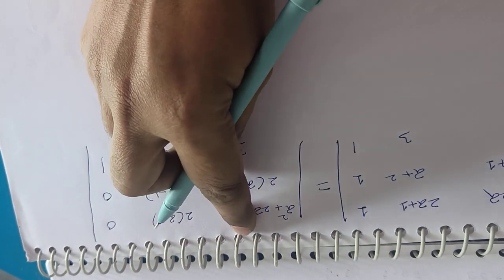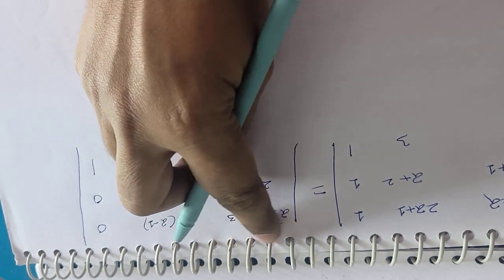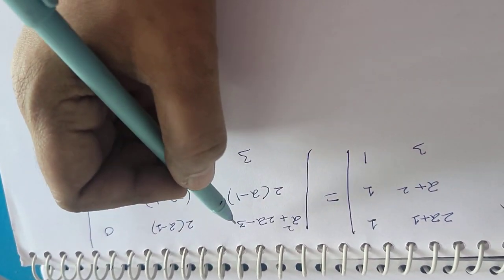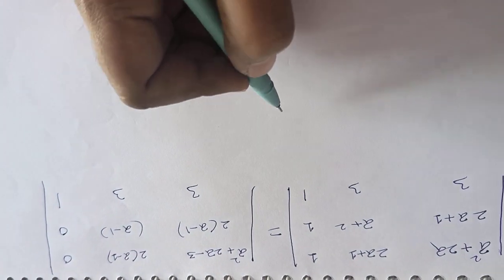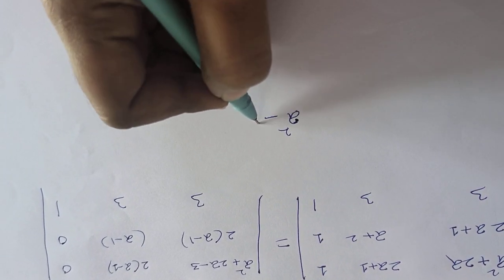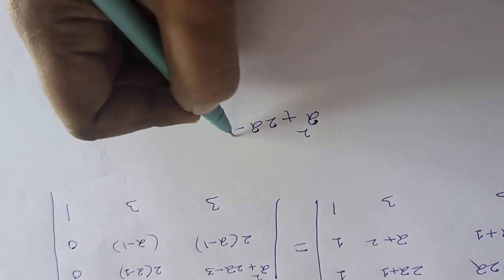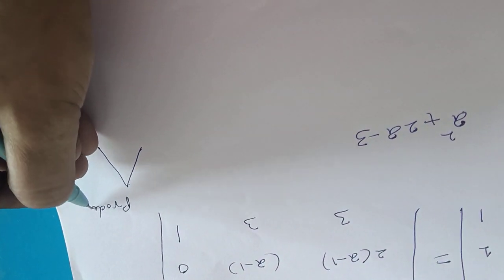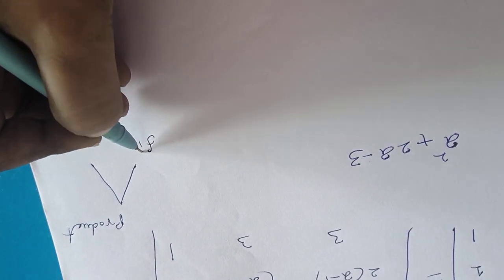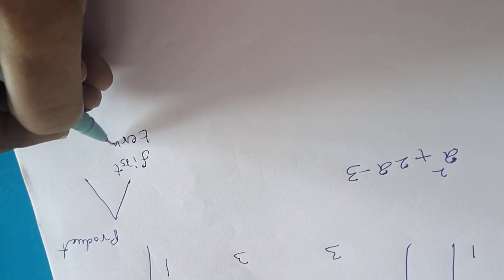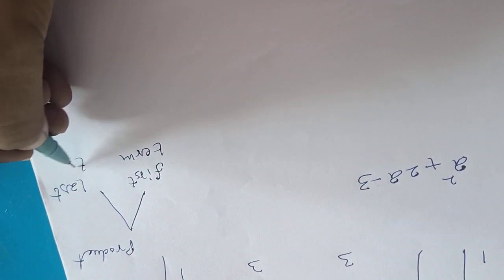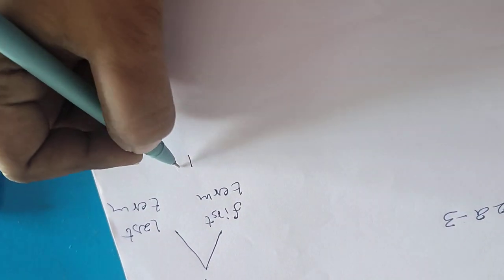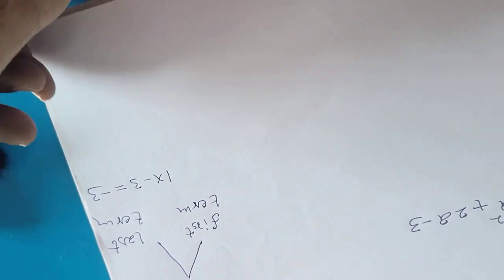Now we have to find the factor of these terms. Already we have a − 1, a − 1, a − 1, so here also we have to get a − 1. We consider the first term a² + 2a − 3. Now we write the product of the first term and last term. Coefficient of the first term is 1, last term is −3, and 1 times −3 is equal to −3.